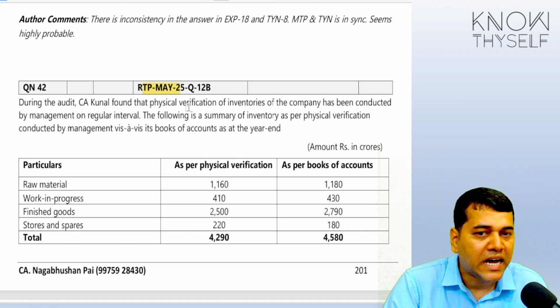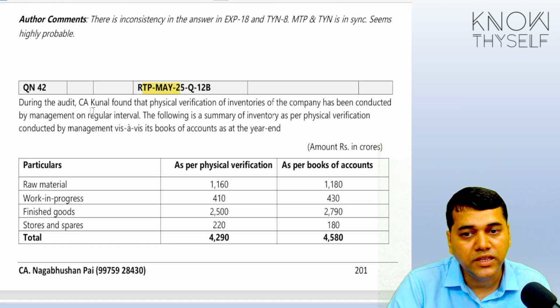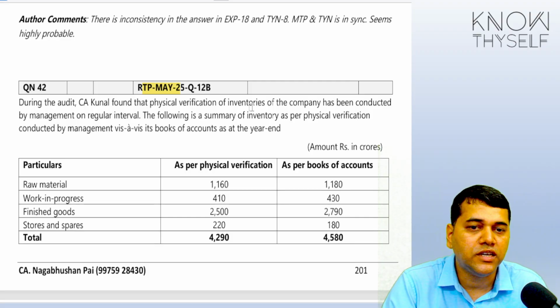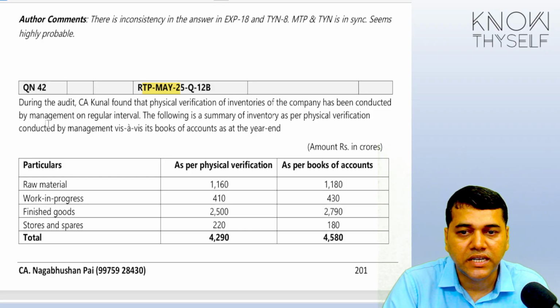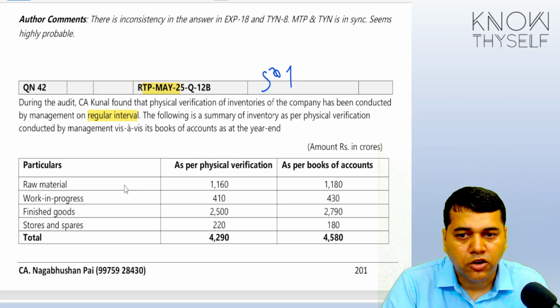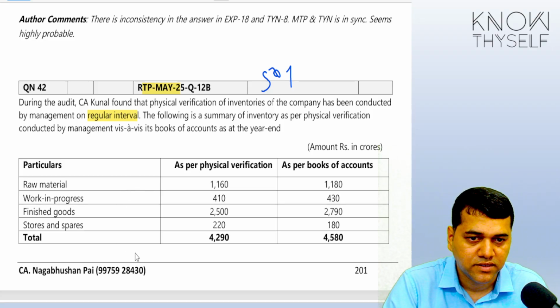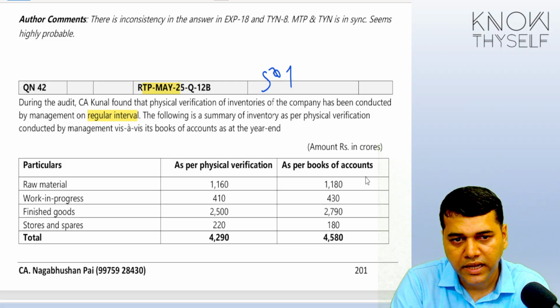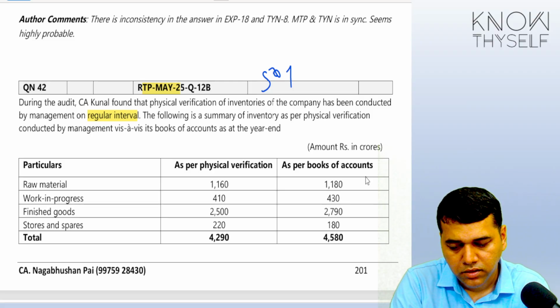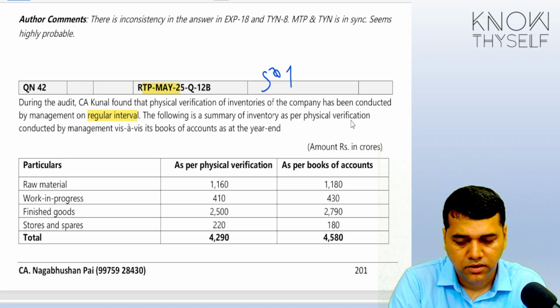Now, May 25 RTP. See the way they ask you. During the audit, Kunal found physical verification of the inventory has been conducted by the management on regular interval. Your mind will take you to 501. The following is the summary of the physical verification: raw material, work in progress, FG, spares, as per books and verification. Now you have to figure out the percentage here. 1180 minus 1160. So this is 1%,